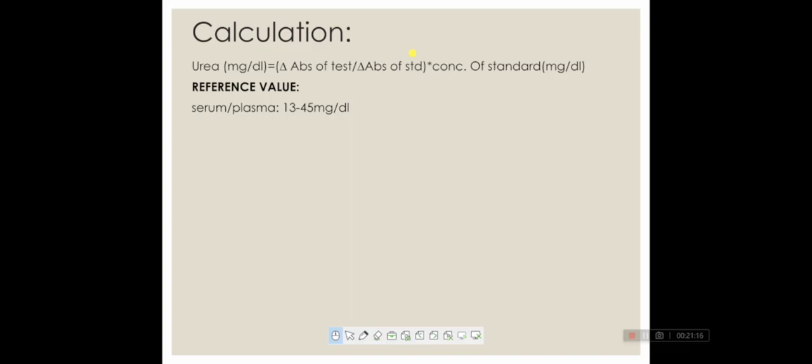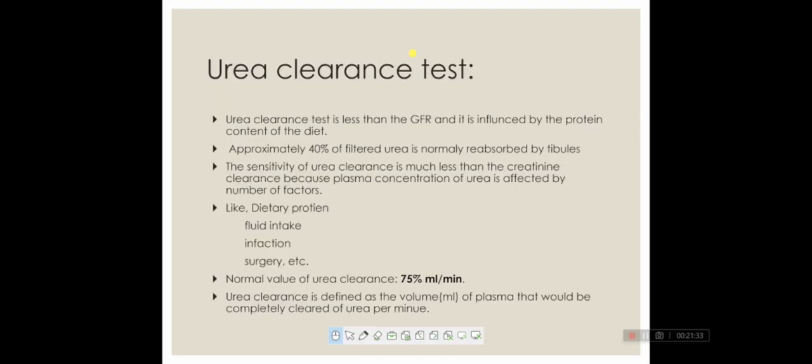For the colorimetric method, this is how the calculation can be done. And if we talk about the reference range of urea in the blood serum, then the normal reference range of urea is 13 to 45 mg per deciliter. Urea clearance test is also performed, which will tell us how much urea